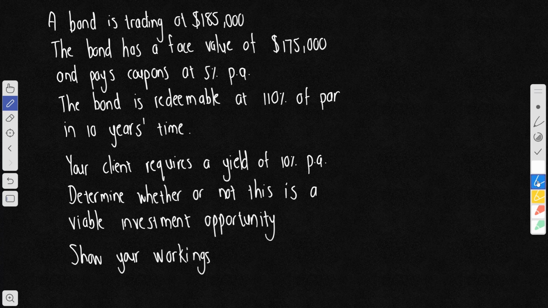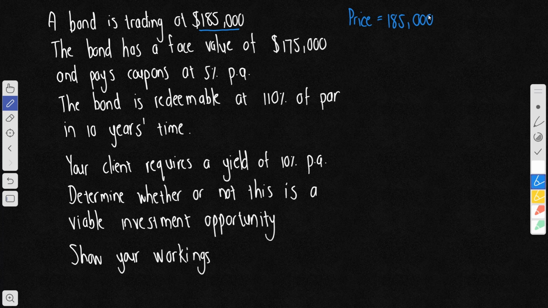The second example that we're going to look at is that of a bond that pays coupons. Let's see what pieces of information we can extract from this word sum. A bond is trading at $185,000. So immediately we know that the price of this bond is equal to